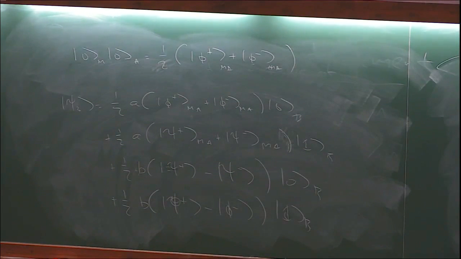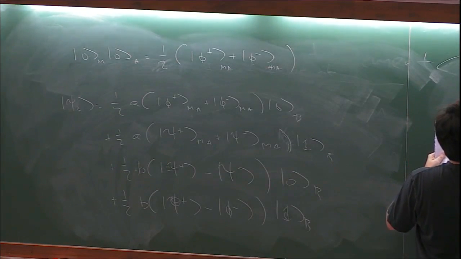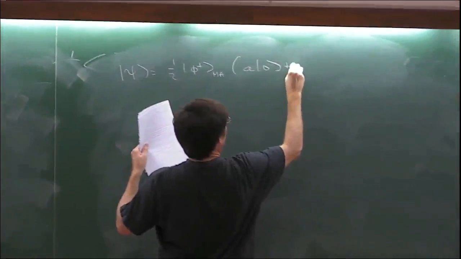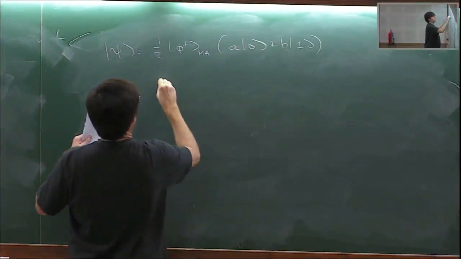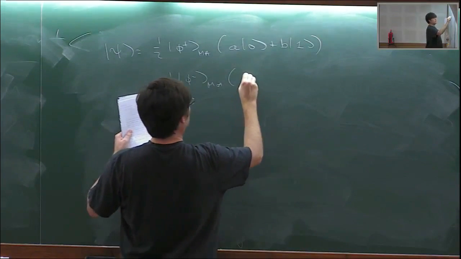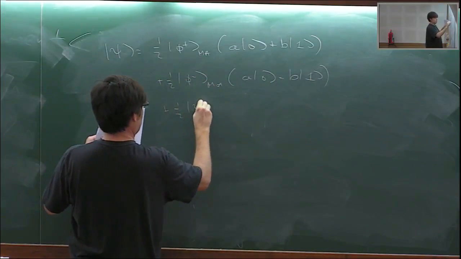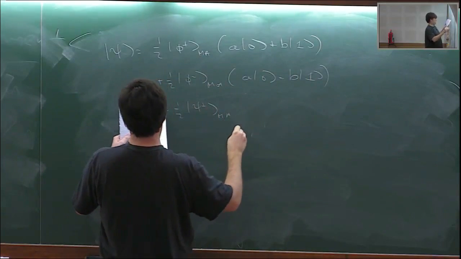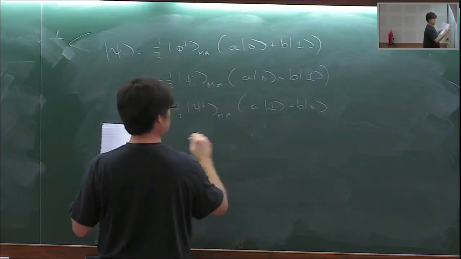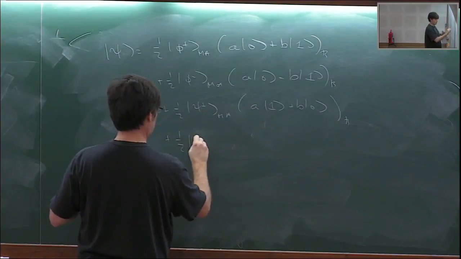And finally, just regrouping, I find that psi is going to be equal to 1/2 phi plus MA times (a0 plus b1), plus phi minus times (a0 minus b1), plus psi plus times (a1 plus b0) for Bob, plus 1/2 psi minus